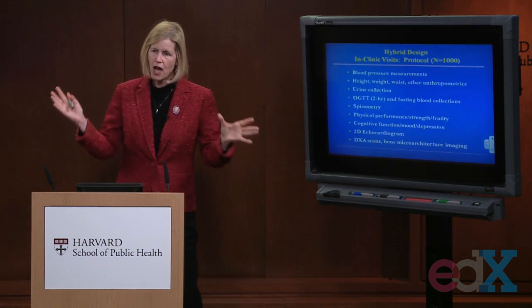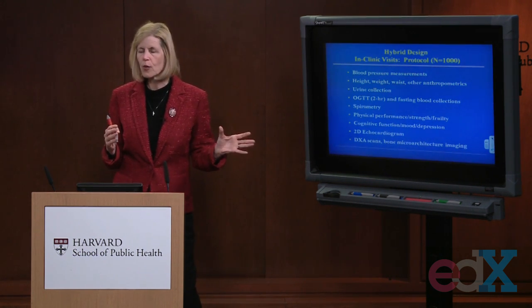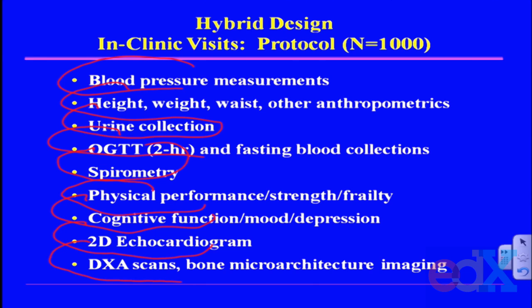So in the Boston area, we are having clinic visits. We're aiming for 1,000 VITAL participants to come in and have their blood pressure measured, have height and weight and anthropometric measurements, a urine collection, a 2-hour oral glucose tolerance test, lung function through spirometry, detailed physical performance, strength and balance testing, an additional cognitive function test, a 2D echocardiogram, and also bone imaging to look in detail at both bone density and body fat and body composition by DEXA,